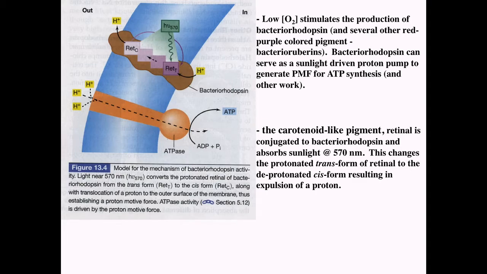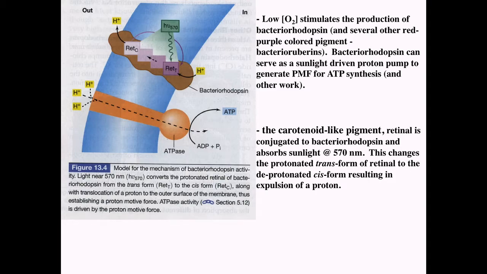So in the trans form, retinal picks up a proton, not exactly from the cytoplasm as this cartoon shows, but from an aspartate just inside the pore. It'll pick up that proton, and then when it changes its conformation because of the absorbance of that photon and isomerizes to a cis form, it donates that proton to another aspartic acid at another location that eventually gets put out of the cell. When that happens, the cis form now reverts to the trans form until it gets hit